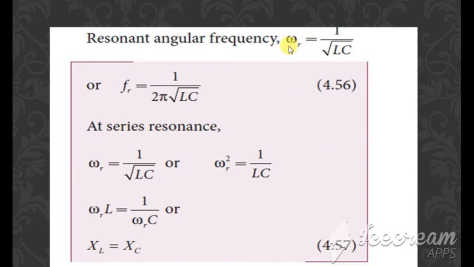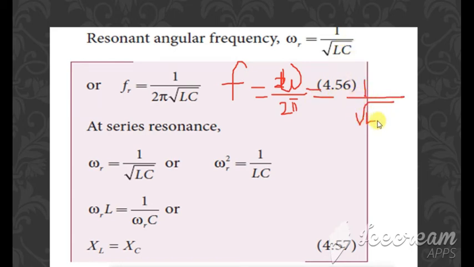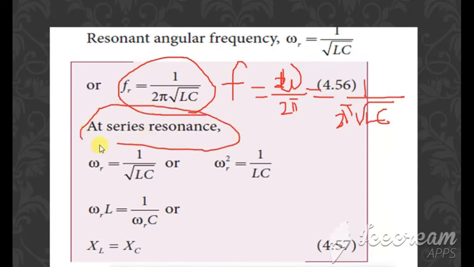Now the formula for the angular frequency is given by omega, which is equal to 1 divided by root of L into C. Using this in the equation, f is equal to omega by 2 pi. And this omega is what? 1 by root of LC, divided by 2 pi, so that is written in the front. So f is equal to 1 by 2 pi root of LC at series resonance. So what happens to the value at resonance, omega is equal to the same, take that equation.